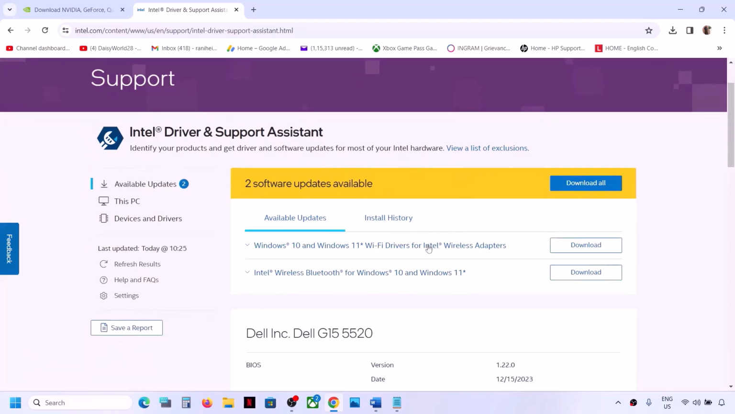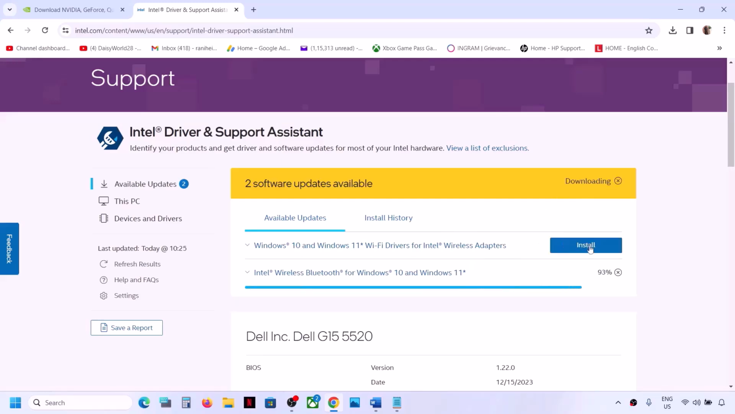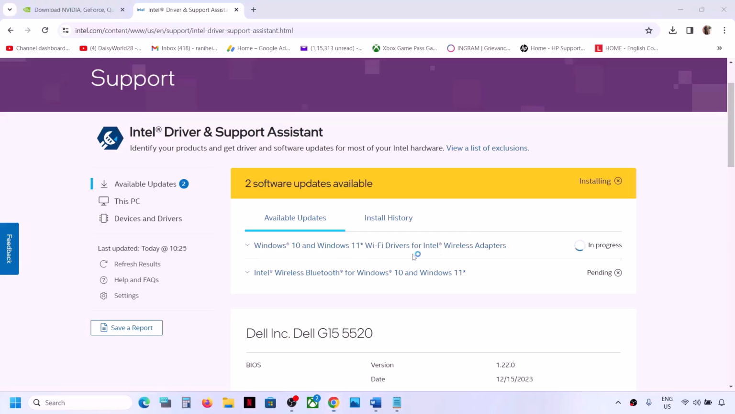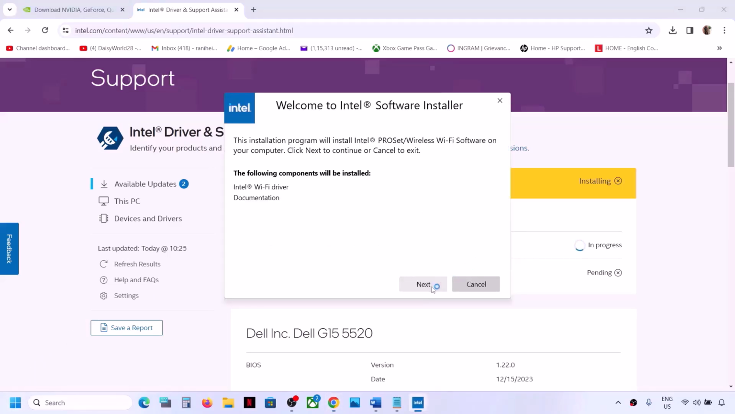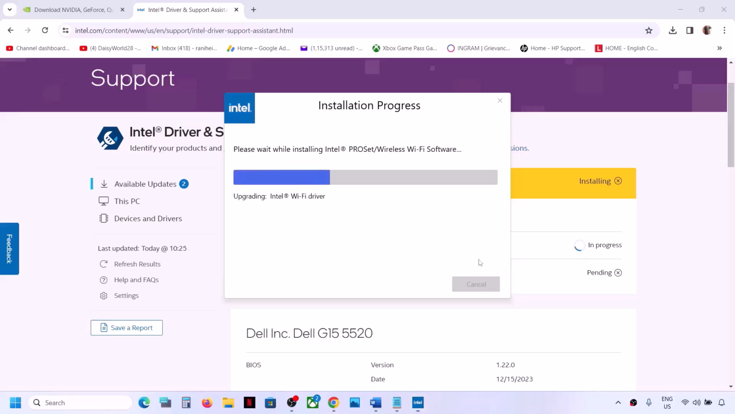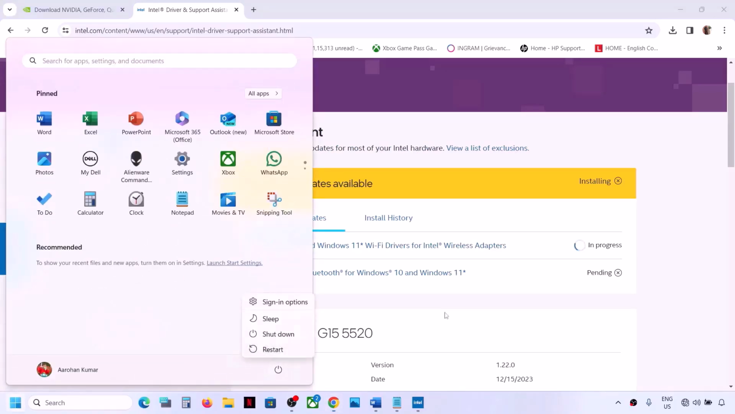And then if there is any update over here, it will give an option to download. So you can click on download all. And once the download is complete, once the installation is complete, now it will give you an option to install. So you can click on install all, click on yes to allow, and then let the installation complete. Let it install, and once all the installation is complete, you restart your computer, and after the system restarts, you can check. But if you're still facing the problem,